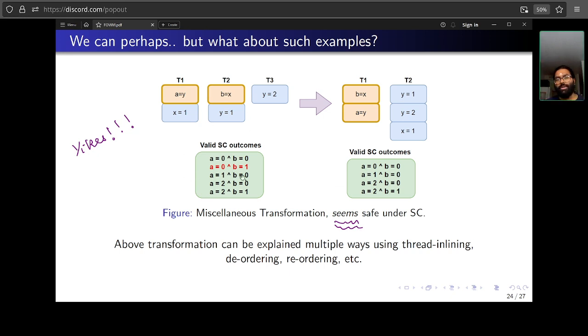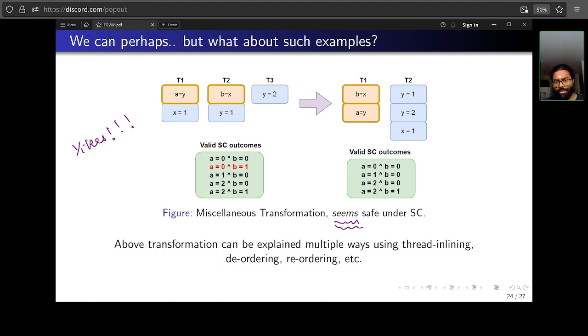And if you look at the read values, as far as sequential consistency goes, you see there is a clear subset. So it could be that such a transformation is safe under SC. Maybe I find a way to do this tomorrow, and I maybe prove it safe under SC.